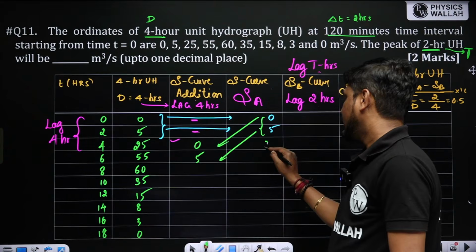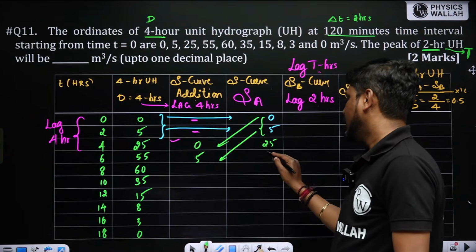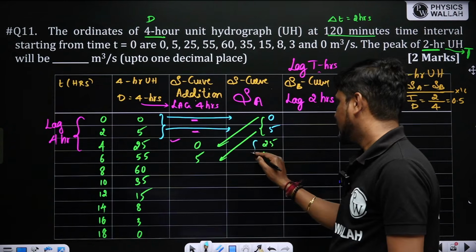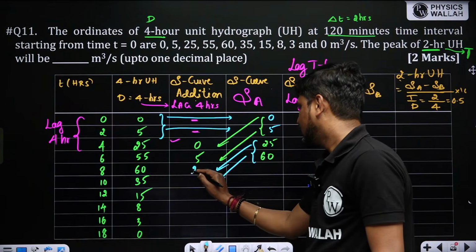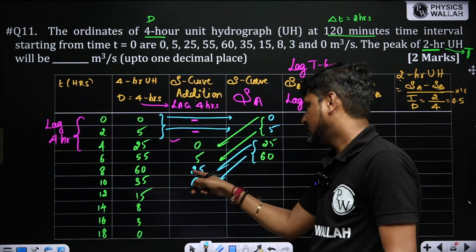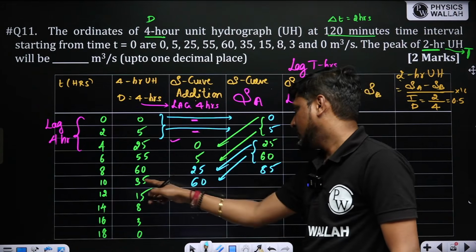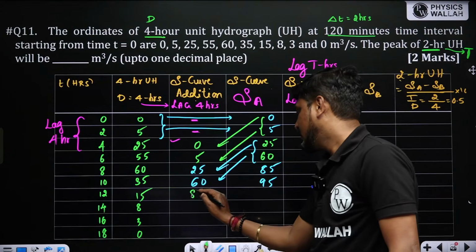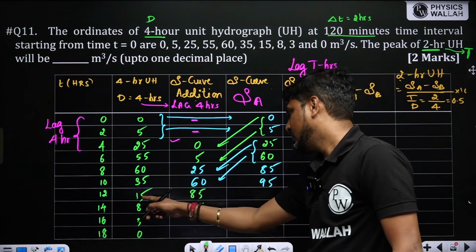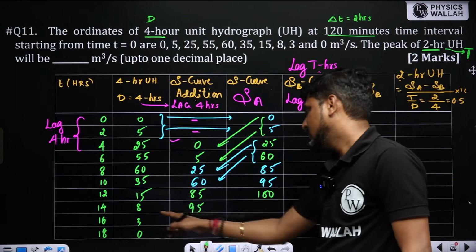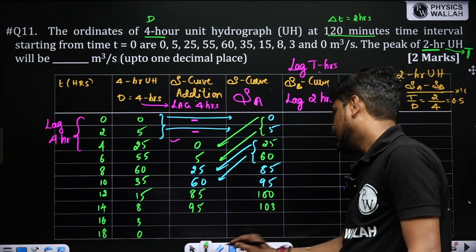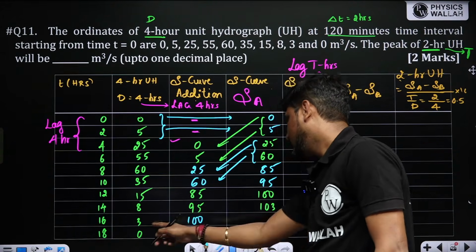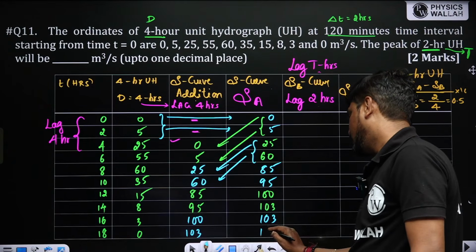25 प्लस 0 25, 55 प्लस 5 60। ये 2 वैल्यूज नीचे डालिए, 25 एंड 60। 60 प्लस 25 85, 35 प्लस 60 95। ये 2 वैल्यूज नीचे डालिए। 85, 95, 15 प्लस 85 100, 8 प्लस 95 103। ये 2 वैल्यूज नीचे डालिए, 100, 103। 3 प्लस 100 103, 103।